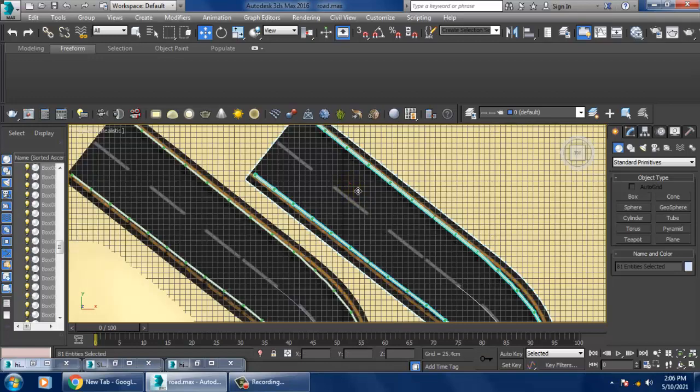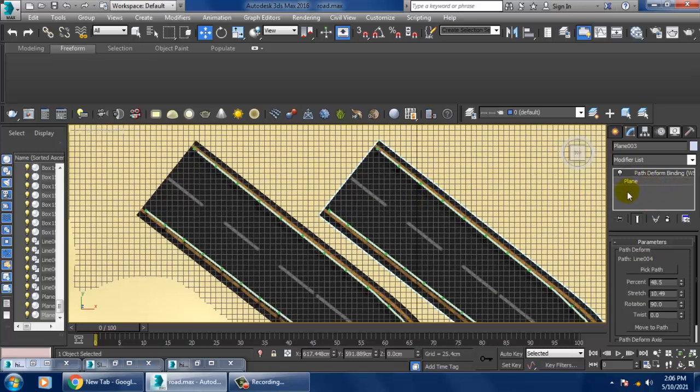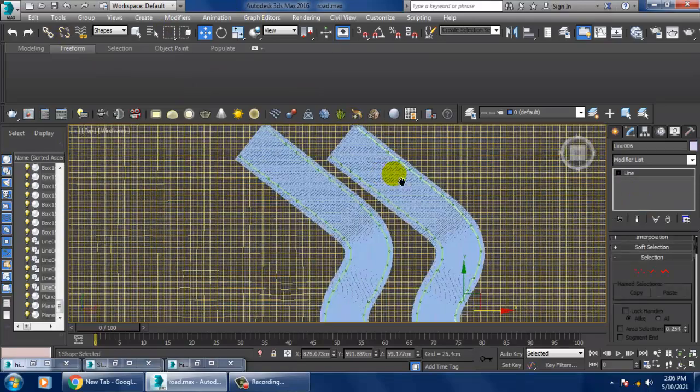So now over here again we need to make some changes. Like if you go over here, if you select the path over here.